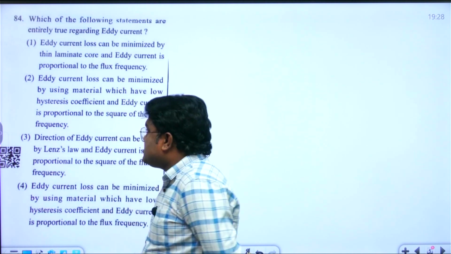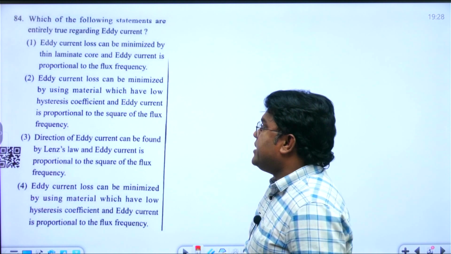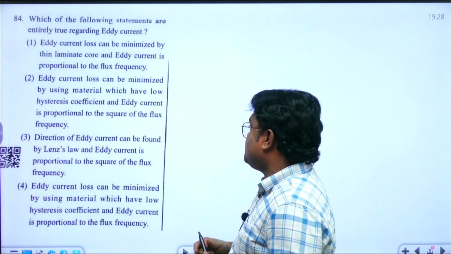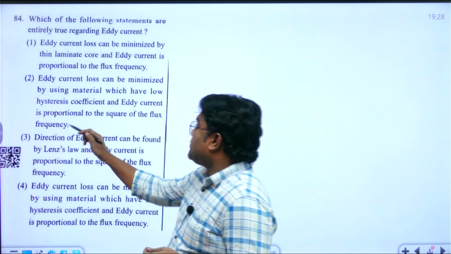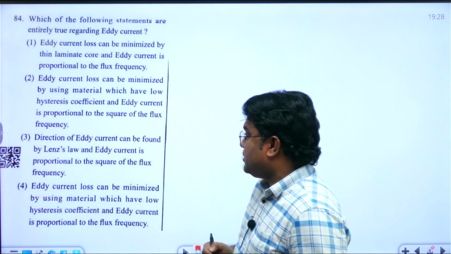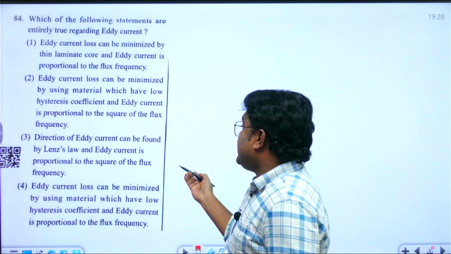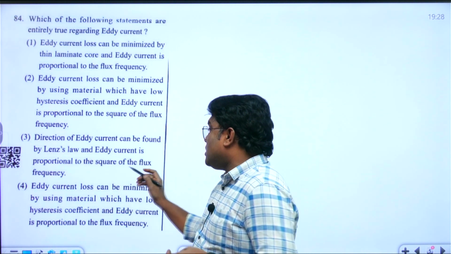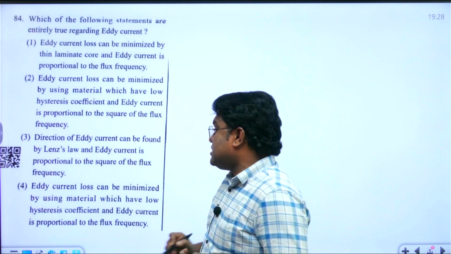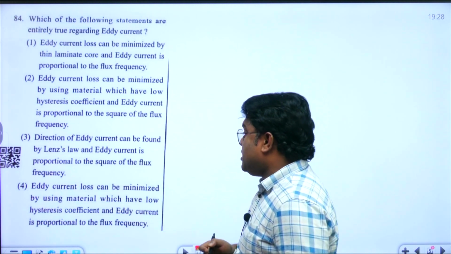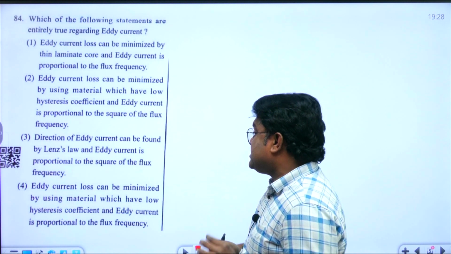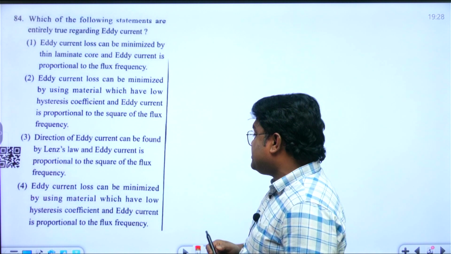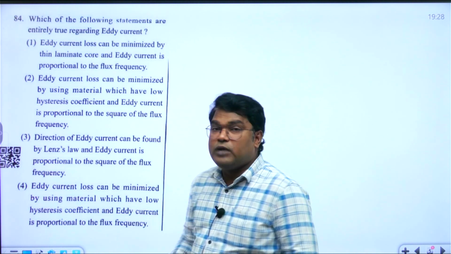Another option: eddy current loss can be minimized by using material which has a low hysteresis coefficient, and eddy current loss is proportional to the square of the flux frequency. Direction of the eddy current can be found by Lenz's law. Eddy current loss is proportional to the square of the flux frequency, and eddy current loss can be minimized by using material which has a low hysteresis coefficient, and eddy current loss is proportional to the flux